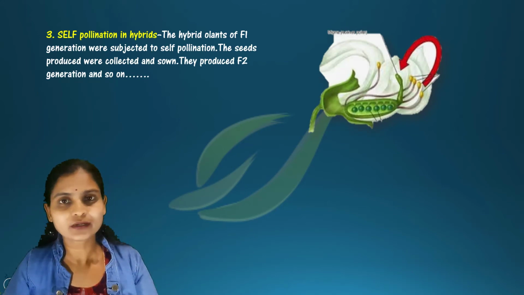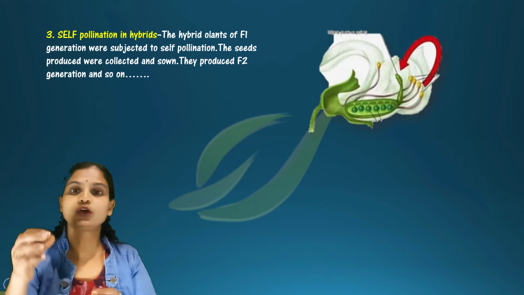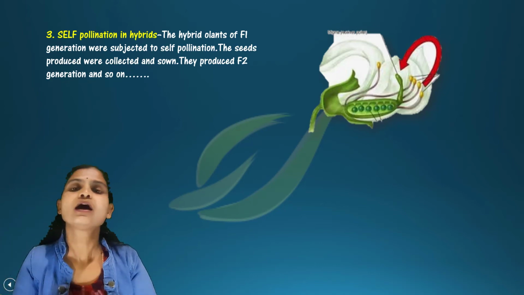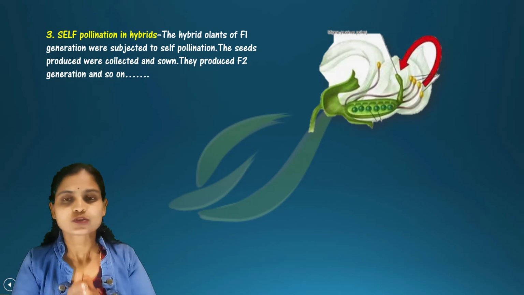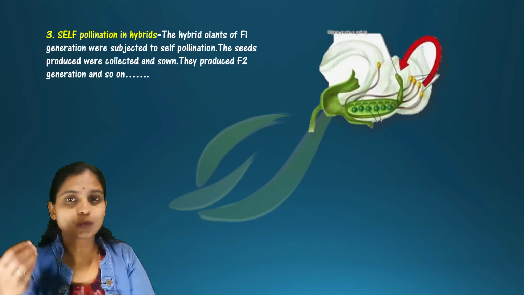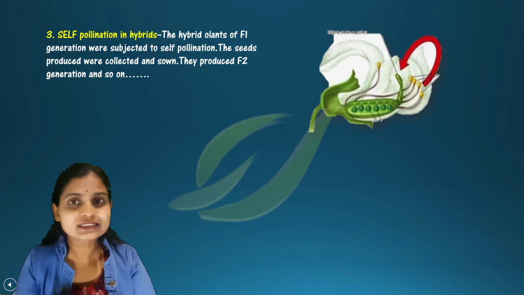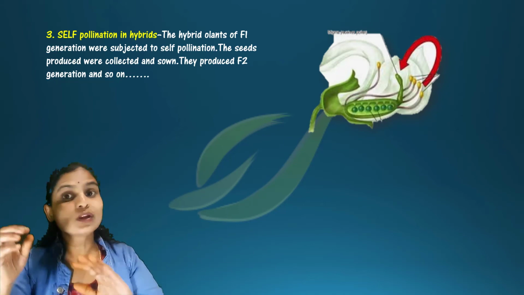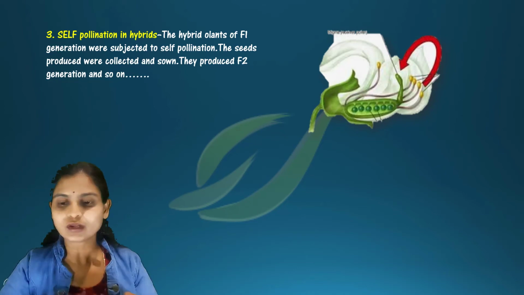So what happened till now is, he collected the pollen grains of the dwarf, short plant, and deposited them on the stigma of the tall one. Now the genes have been mixed. As I told you, the pollen grain is having the genes for tallness, whereas the egg is having the genes for